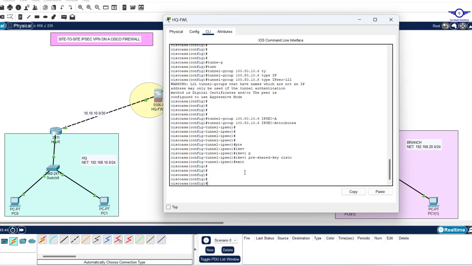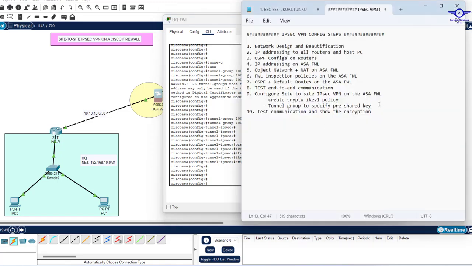All right. So step 2 is done. Step 2 is done. Channel group to specify pre-shared key. Good. So step 3 actually is to create what's called a transform set. Create IPsec transform set. So when you're going to create an IPsec transform set, actually,